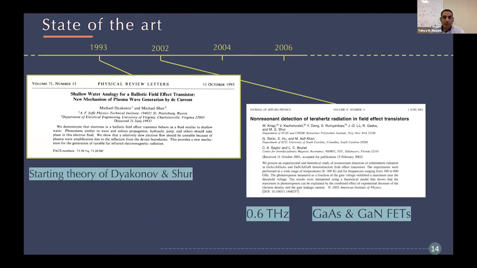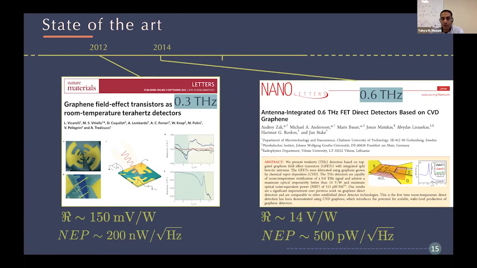So just the state of the art: the first theory started in 1993 with the paper of Dyakonov and Shur, followed 10 years later, in 2002, by the first observation of non-resonant detection using gallium arsenide or gallium nitride field effect transistors excited at 0.6 terahertz. Between 2002 and 2012, there was a lot of advancement, because there was a lot of use of CMOS devices, gallium arsenide devices, and indium gallium arsenide devices that showed detection of terahertz radiation using this type of transistor. And in 2012, it was the